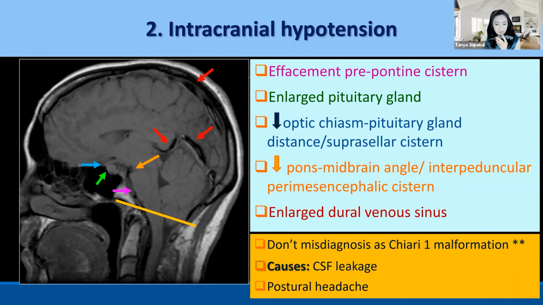The key message here is don't miss the diagnosis for the Chiari 1 malformation, because if you check only at the craniocervical junction, you can see low lying or maybe crowding at the foramen magnum. But it's not the Chiari 1 malformation because you see that you lost the CSF space in other areas. So this patient comes with headache, but there is a special description of the headache, which is getting worse when the patient is in the upright position and feeling better when the patient lies down, because no gravity causes more CSF leak.